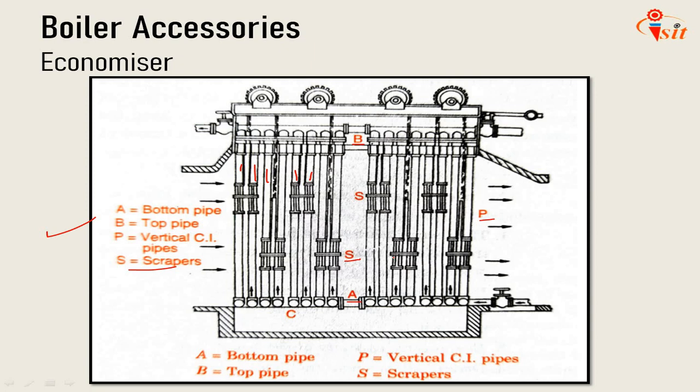The use of an economizer entails the following advantages. In that, first one, the temperature range between various parts of the boiler is reduced, which results in reduction of stresses due to unequal expansion. If the boiler is fed with cold water, it may result in chilling the boiler metal. Hot feed water checks it. Evaporative capacity of the boiler is increased. Overall efficiency of the plant is increased by using the economizer. So that's why it is called an economizer, economy increasing.